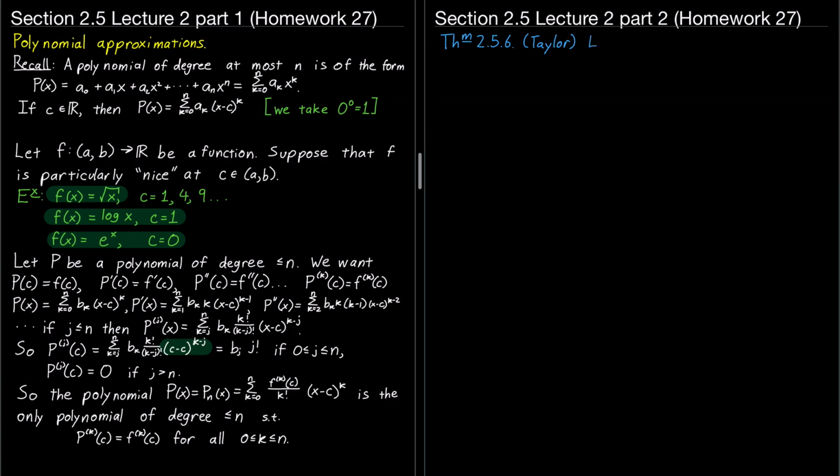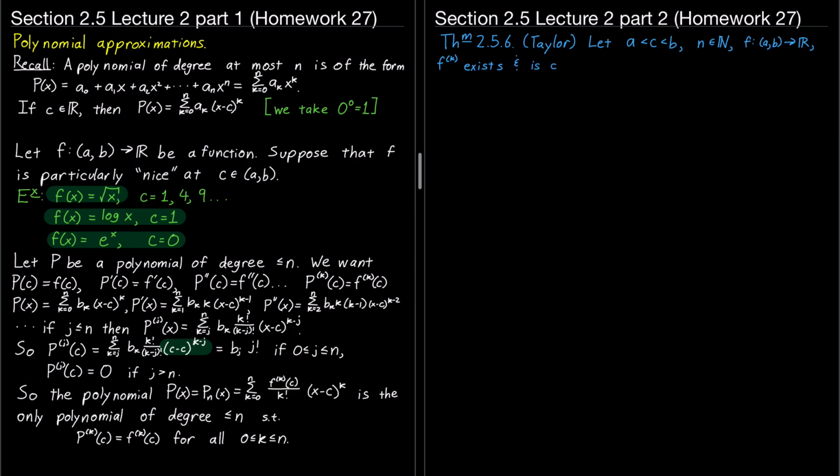So let's let c be a real number in the interval from a to b. Let's let n be a natural number, let's say at least 1. f is a function from this interval to the real numbers. And we're going to require that the kth derivative of f exists